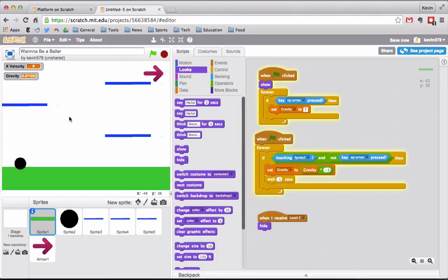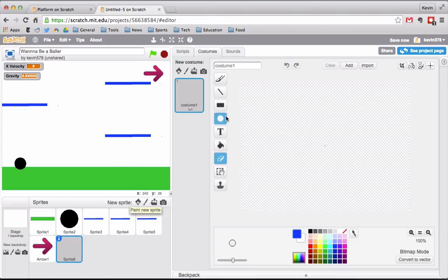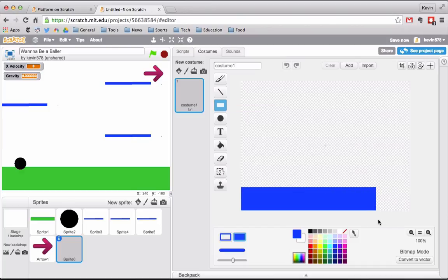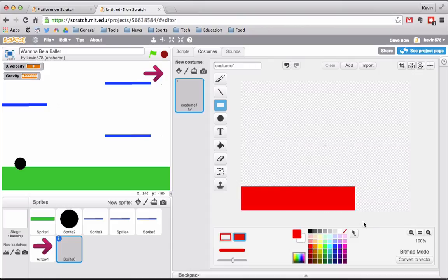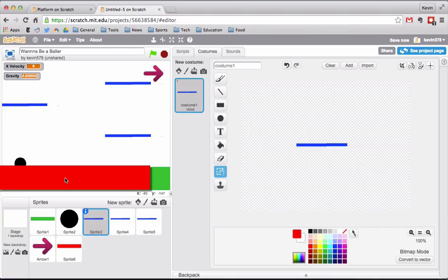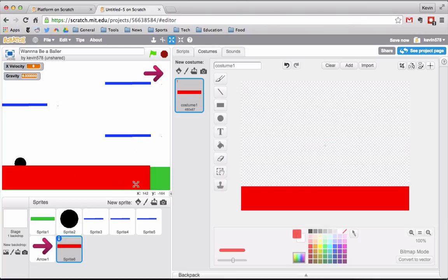All right, so we have that set up. Now I just want to get my red lava that will end the game if we happen to touch it, so I'm just going to go here, boom. Oops, don't want blue. Want red. There we go. Okay. And just make it so that it covers the entire thing. All right, and